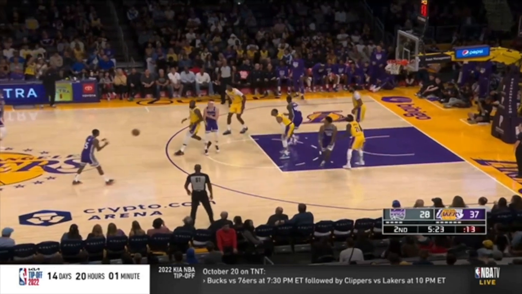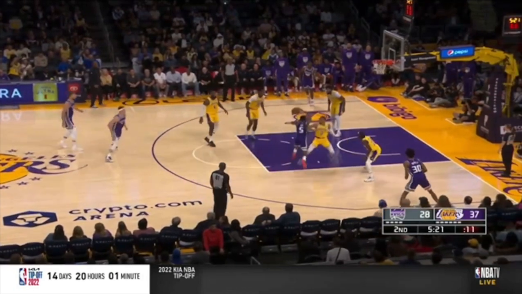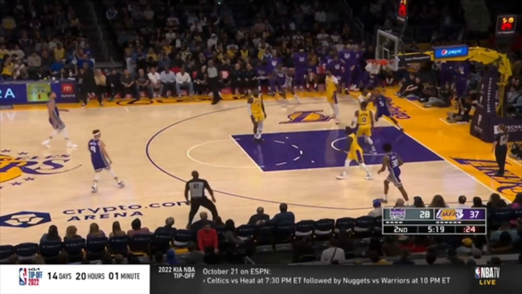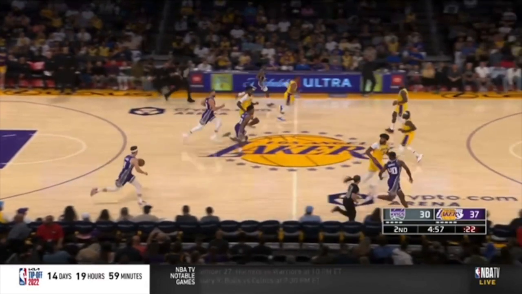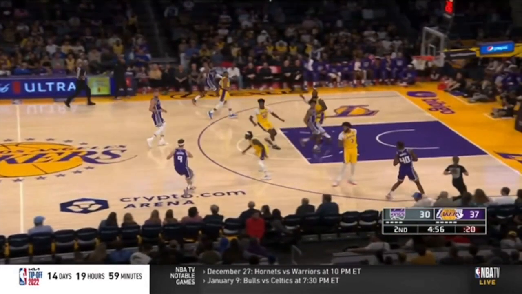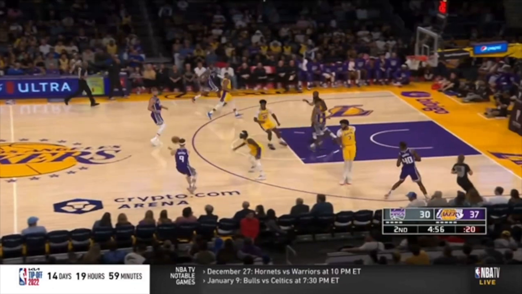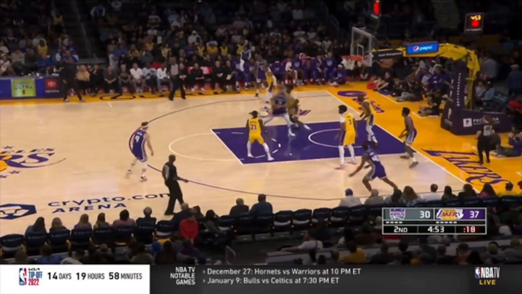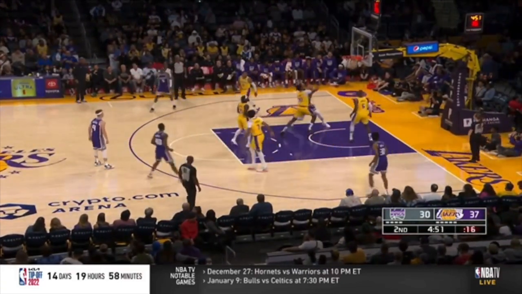Look, Russell Westbrook's just standing around. So now this player's just going to go right into the lane, and it's an easy two. Talk about it all the time. In transition, you don't get back to random spots on the floor. Let's look at Anthony Davis here. You've just totally gotten back to the middle of nowhere. Get to a body. Okay, but you're just standing in the middle of nowhere, so now this player is able to rip and go right into the lane, and it's an easy two.